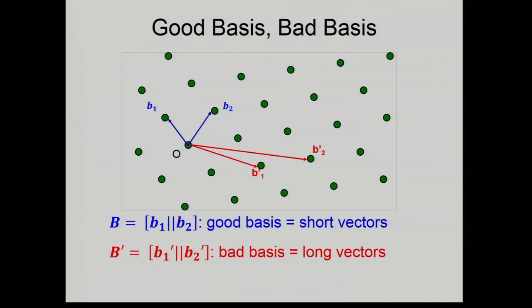Again, the same lattice is also generated by other bases. This is an example. This is a pretty terrible basis, right? It has long vectors. They are skewed, they're close to each other, and so on. So that's a bad basis. And we'll see what is the point of that. You have good and you have bad. It's not even particularly well defined at this point. Where is the line, right? We'll see what is the point of these good and bad bases as we go along, but just remember that there are these creatures.